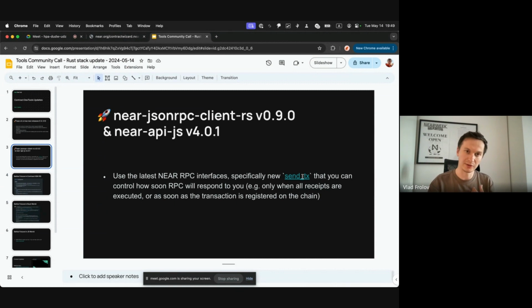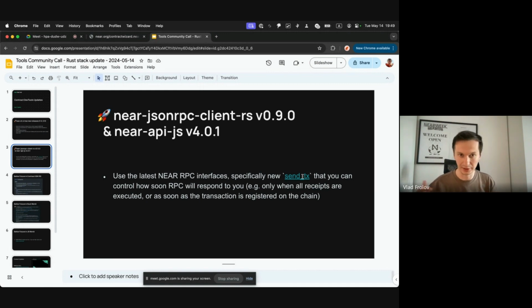So you can instruct it to send you the response immediately as the RPC server is receiving your input, so it would only return the transaction hash. Or you can ask it to return after the transaction is registered on chain. Or you may specify, I want to wait until all the receipts are resolved, executed, and finalized.